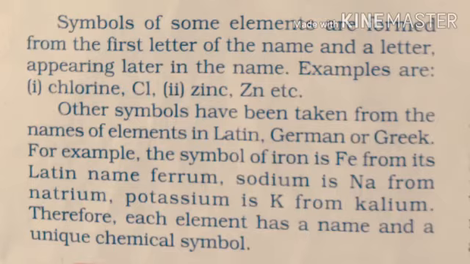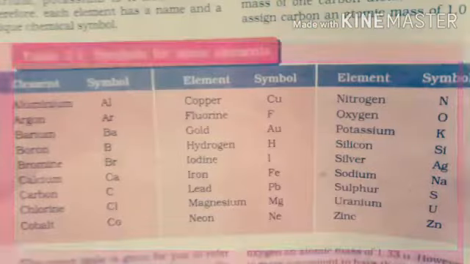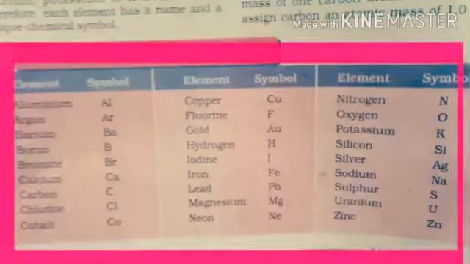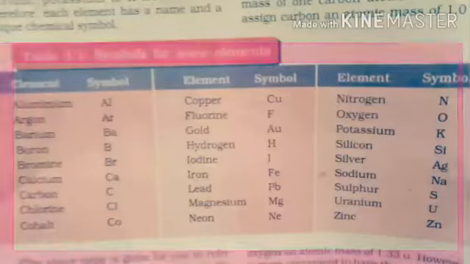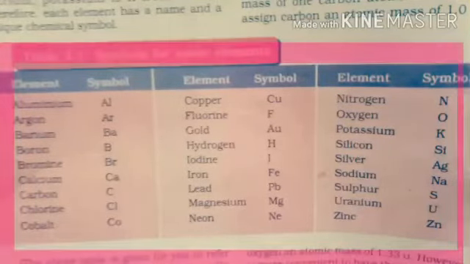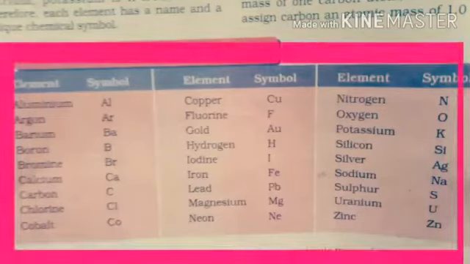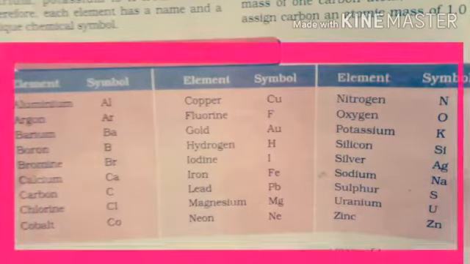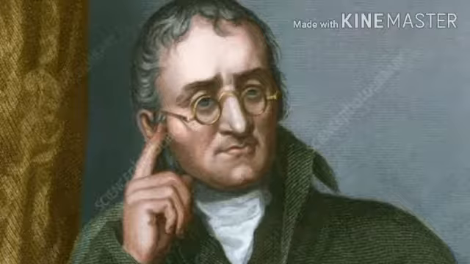Therefore, each element has a name and a unique chemical symbol. So this list provides a clear idea about the names of elements and their symbols. This table provides you the information of elements and the symbols.